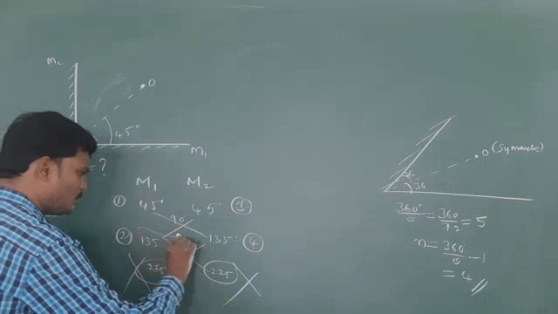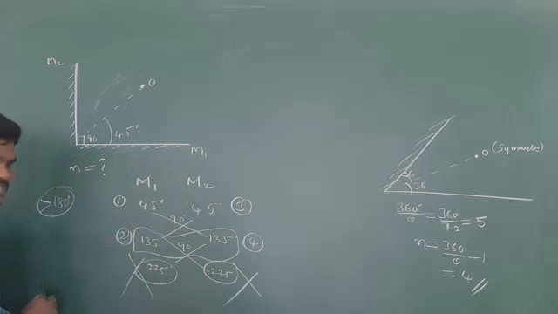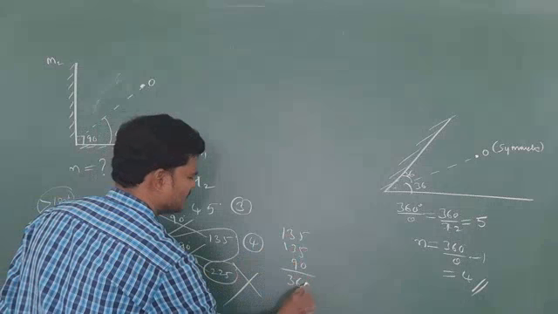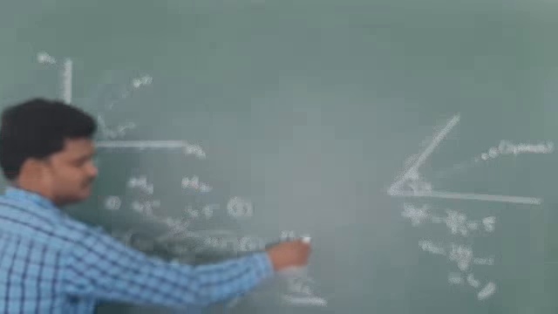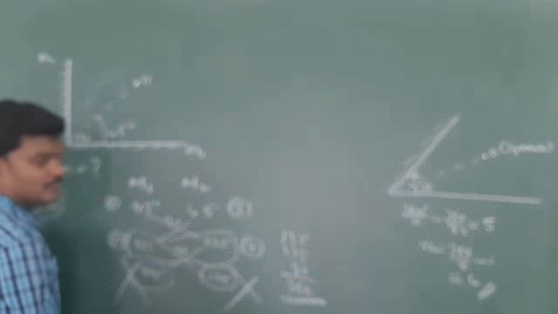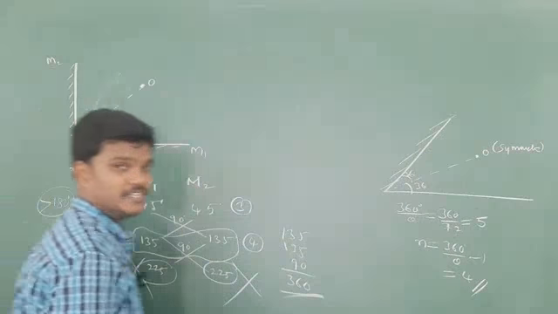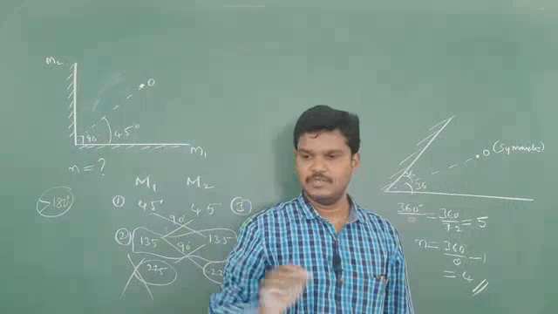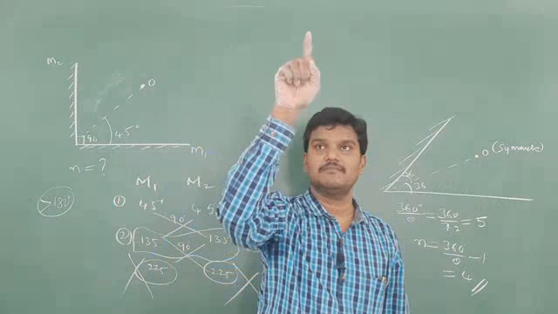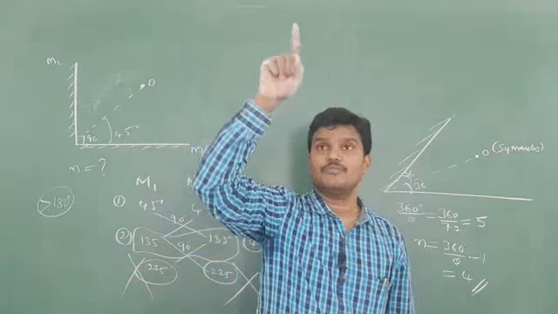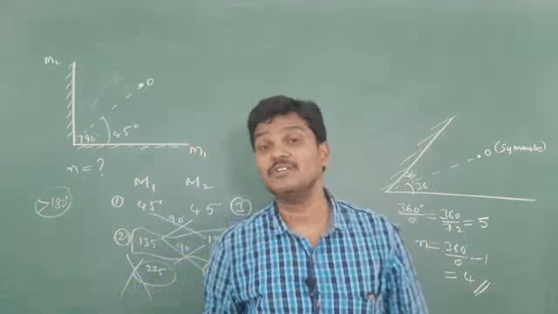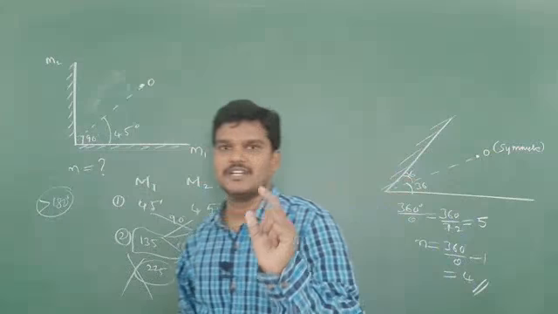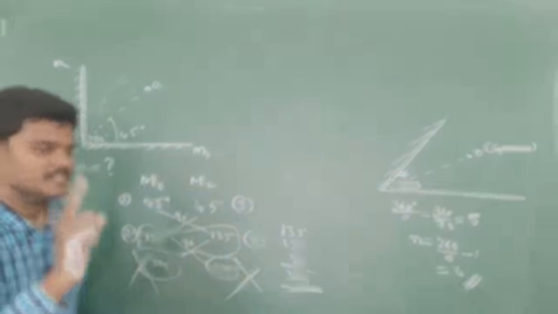Just count the last 3 numbers. What are the last 3 numbers? 135, 135, 90. No doubt it is equivalent to 360. Check it. 360 means if one image is formed here, then 1, 2, 3, 4, and the first one and the fourth one coincide, because the last angle is equivalent to 360. First image, last image is considered as a single image.